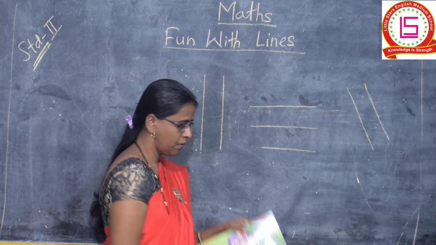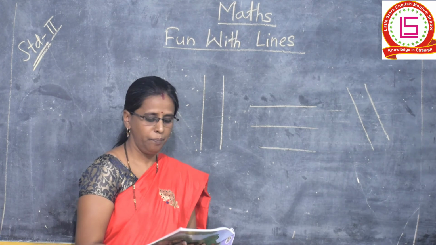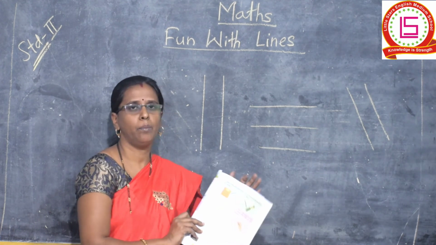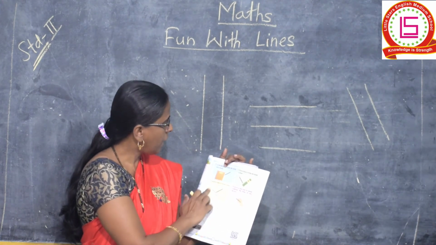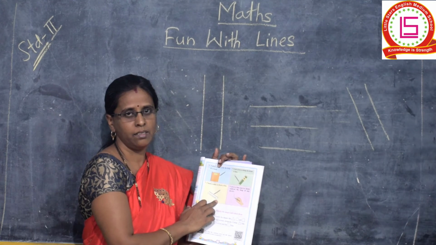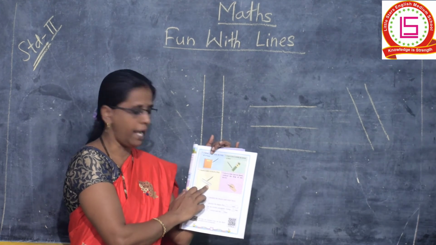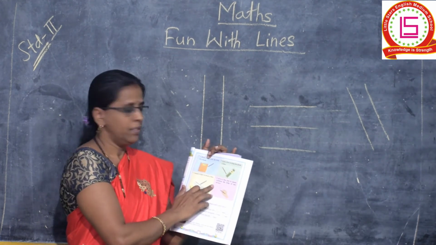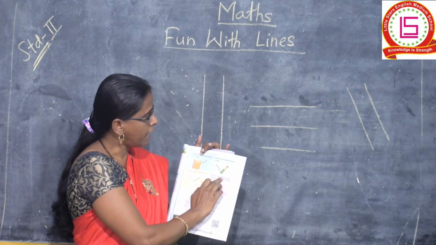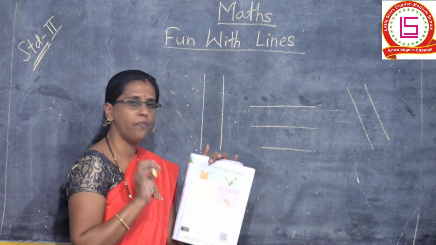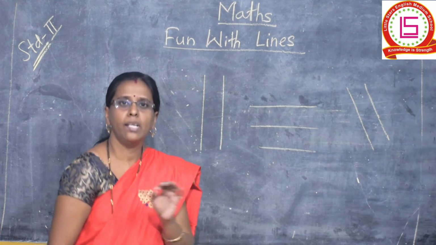Then see the next picture. I use a box to help me draw a line. With the help of a box, you also draw the lines. Then next, I use a ruler to draw a line. Take a ruler and with the help of the ruler, you also draw the lines. And last, after you practice with these objects, I drew a line just by hand without the help of any device.